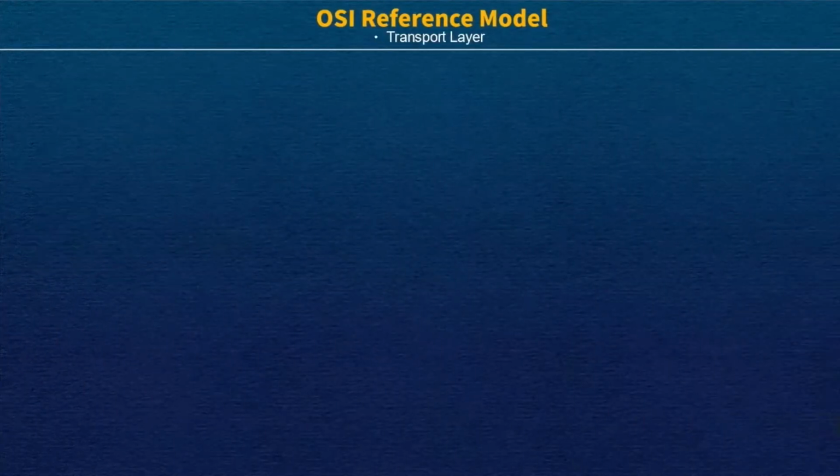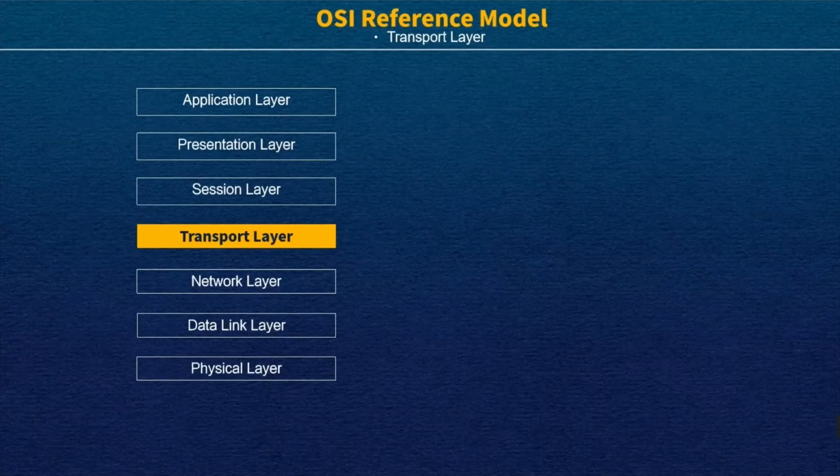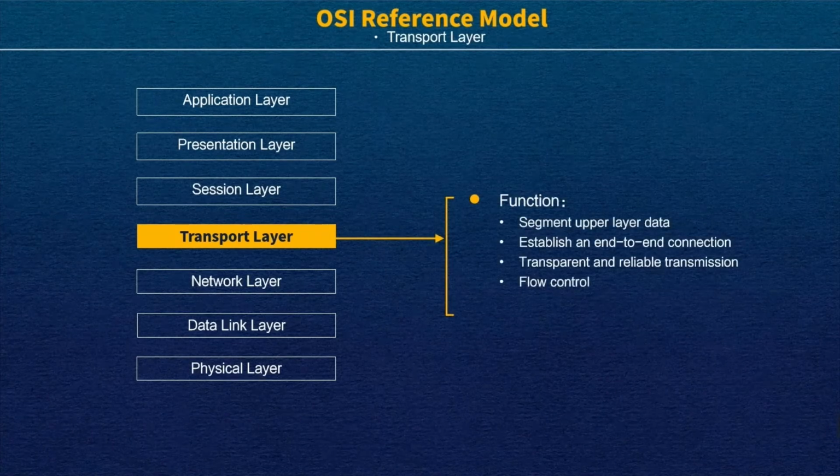And the next layer is the transport layer. This layer is also very important. About this layer, we can provide the function: segment, app layer, data. Because the transport layer receives the message from the application layer or session layer, it adds information and makes it become a segment. Do you still remember the name of the transport layer's data, right?